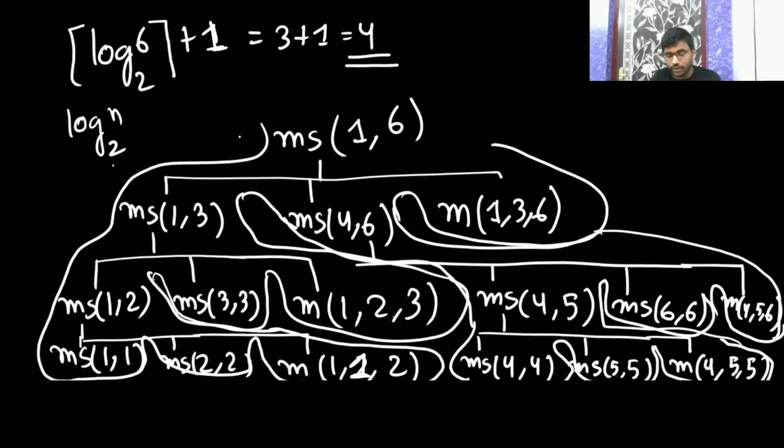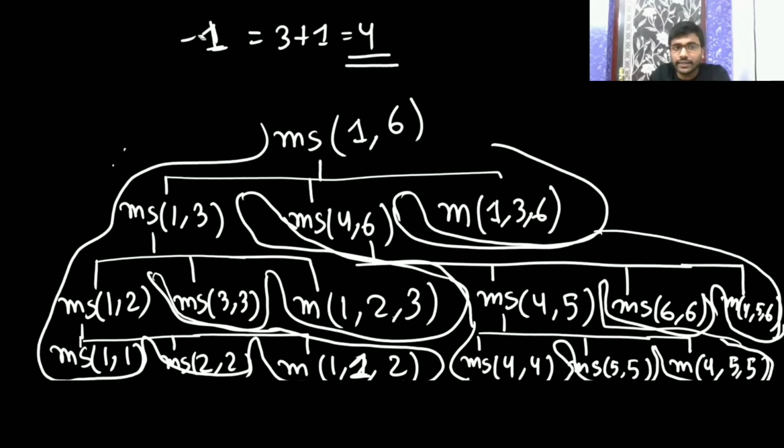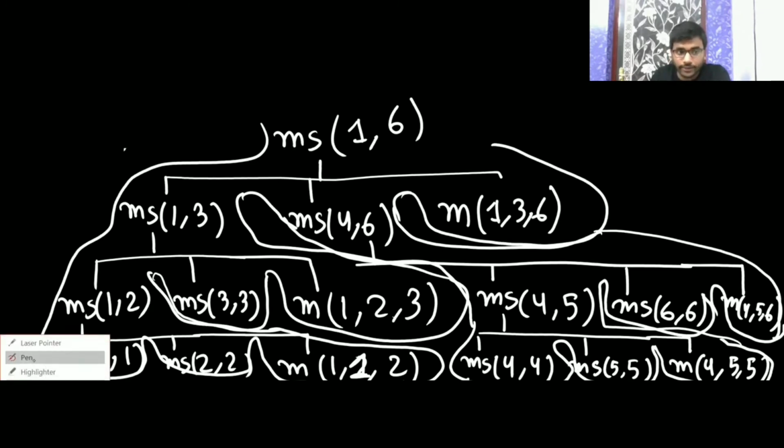So for merge sort, you are incurring the space because of this recursive function. For a recursive function, the space complexity is required for the stack. We need to see how the stack will be called here. The maximum height we are going to reach for this stack is the height of the tree, and here the height of the tree is going to be your big O log n.